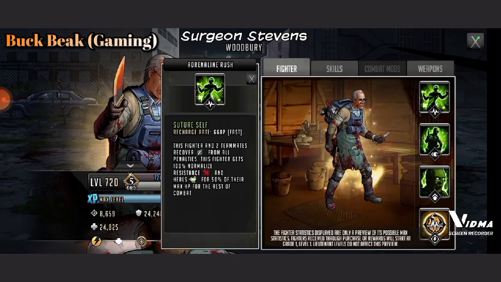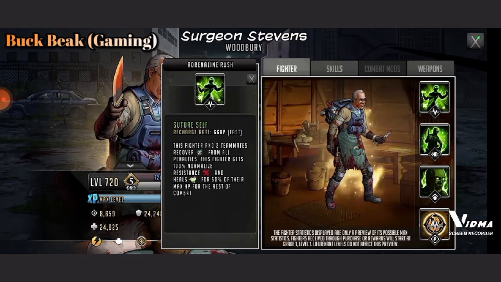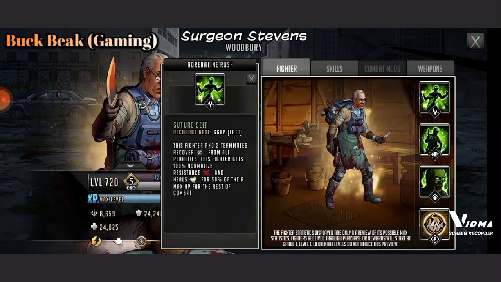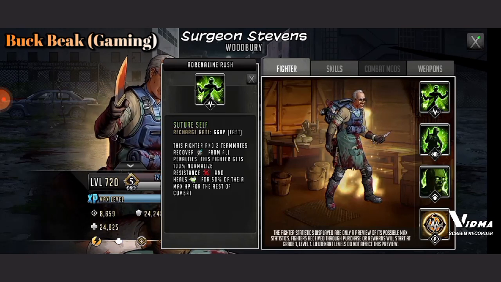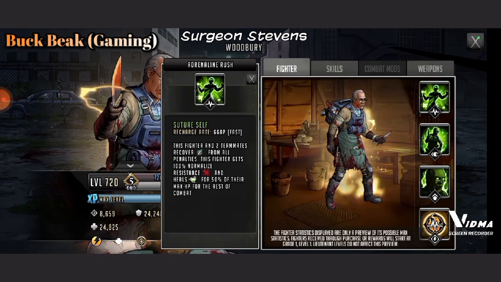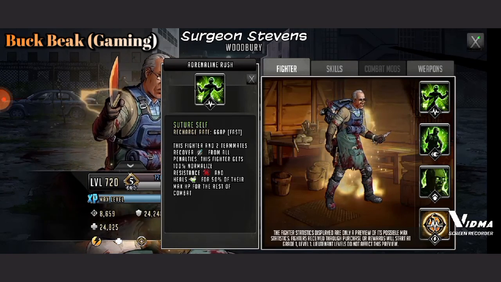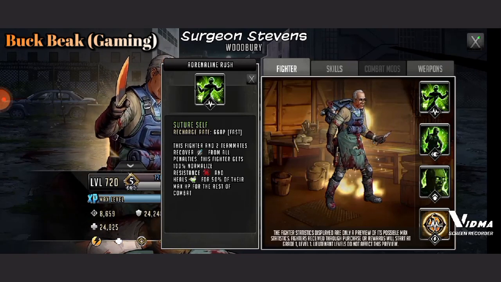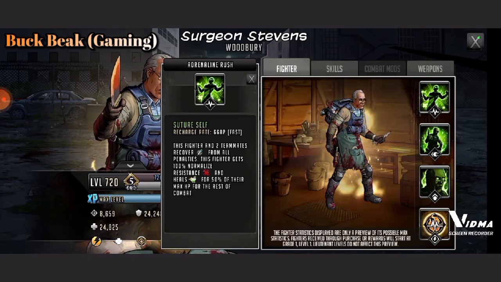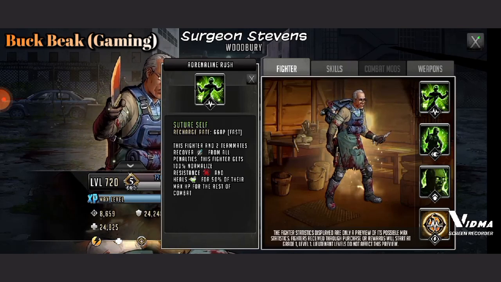Suture Self, the recharge rate is 66 AP, so that's pretty much the standard of most gold mythics. This fighter and 2 teammates recover from all penalties. This fighter gets 100% normalized resistance and heals for 50% of their max HP for the rest of combat. So, he's going to be resistant normalized, plus he's going to be healing 50% of his max HP for the rest of combat. Like, if that doesn't scream promo, or if that doesn't scream annoyance, I could just imagine how annoying